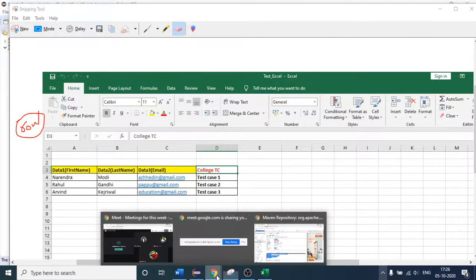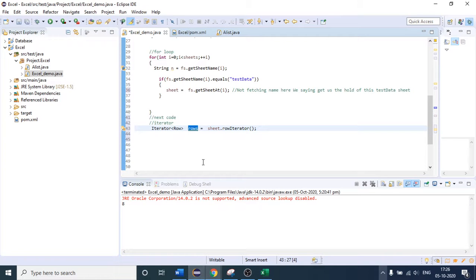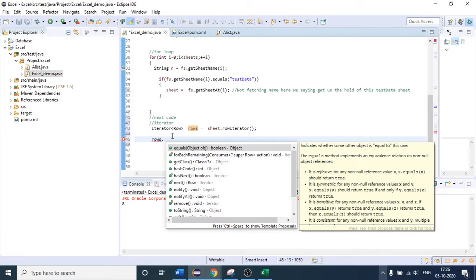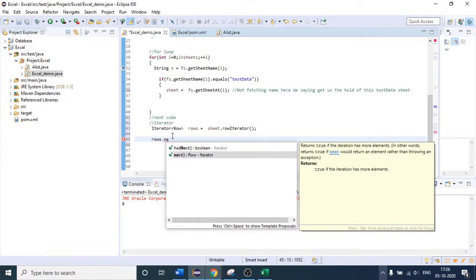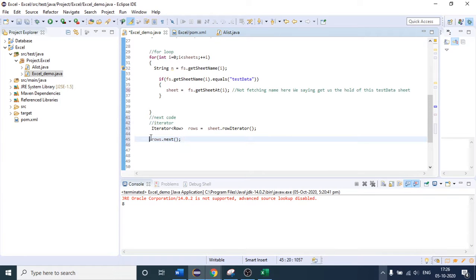Let me come here again. This is our iterator object. Copy this object, and after that I'm saying dot next.